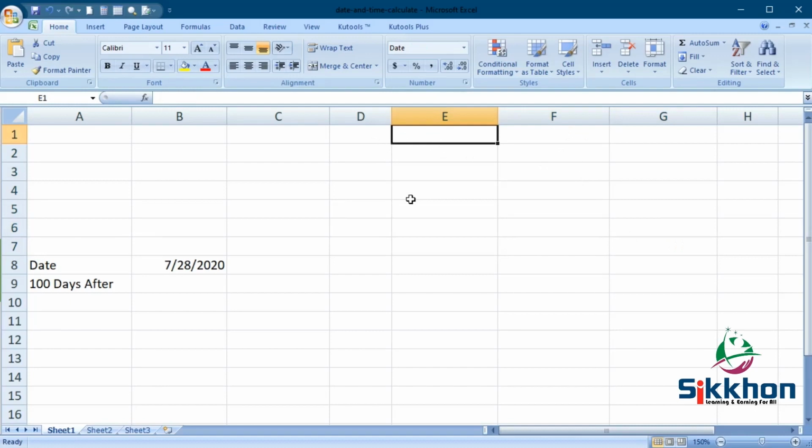So today's date is 28. In writing a date, let us remember some formats. Many times we see the month is written first, while in some places the date comes first. If today is 28th of July, the value here will come out as 28/7/2020. But if we write this date in some document, we will have to write 7/28/2020. So now if we want to write, we will write